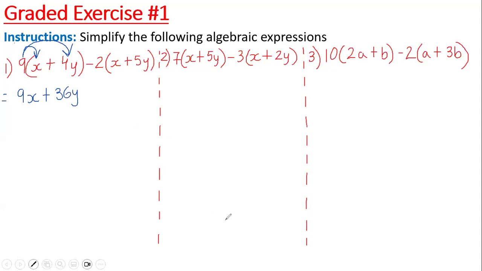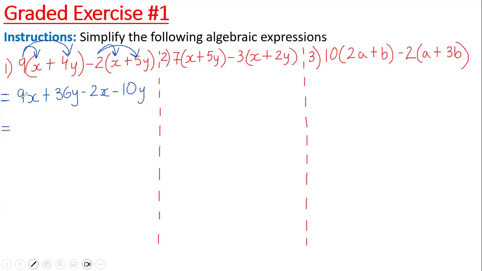Then we have negative 2 times x, which is what? Negative 2x. Right? Then we have negative 2 times 5y, which is going to be what? Negative 10y. Do we understand that? Yes, sir. Good. And so we have, it's going to be equal to,